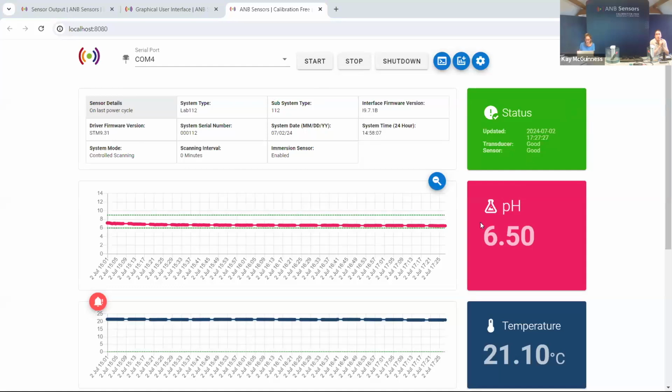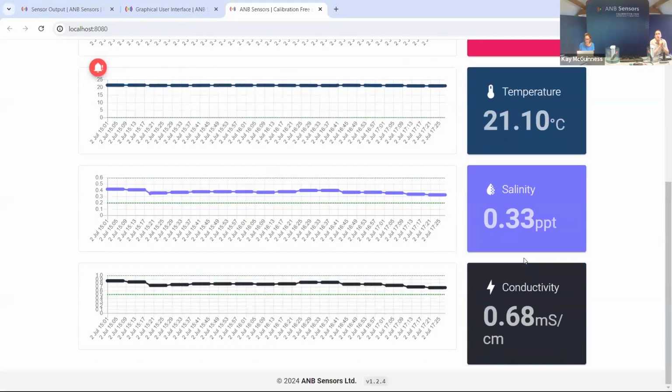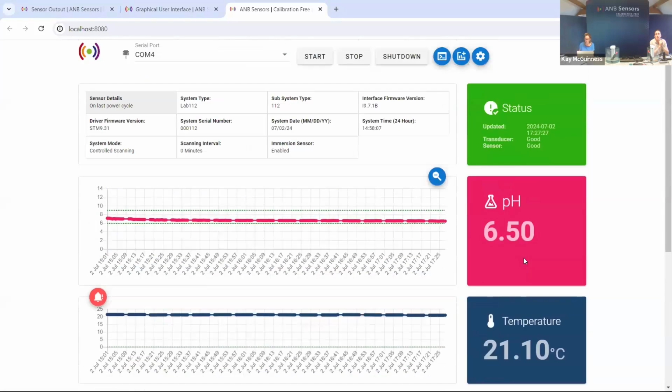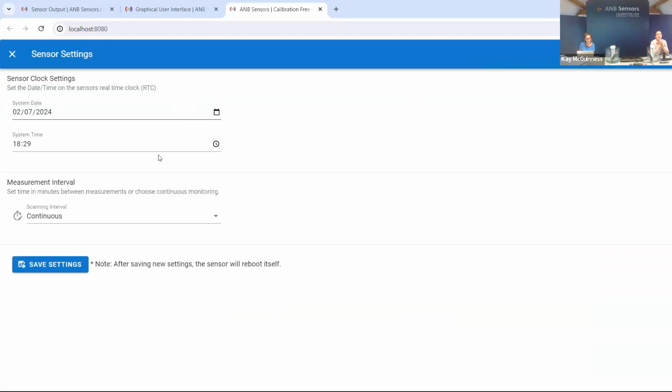And then we have all our plots. We have pH, temperature, salinity, and conductivity. And this can be changed around. The settings can be changed on the user interface based on what you want. So I'll just quickly go through these buttons. We have the sensor settings, where you can change the time and the date, and you can change the measurement interval. So we're on continuous at the moment, but you can change between the 15 minutes and the 240-minute intervals